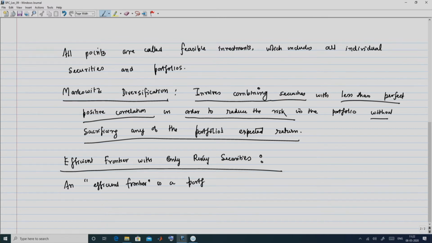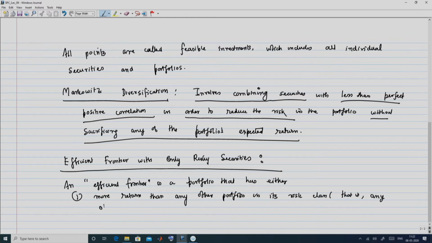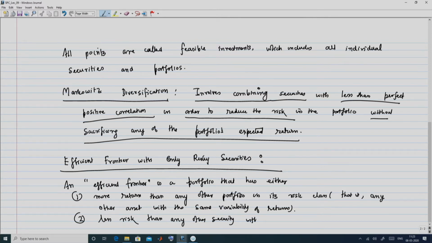is a portfolio that has either of the following, and I will enumerate them: more return than any other portfolio in its risk class. And what do you mean by risk class? This means that any other asset with the same variability of returns, and secondly, it has less risk than